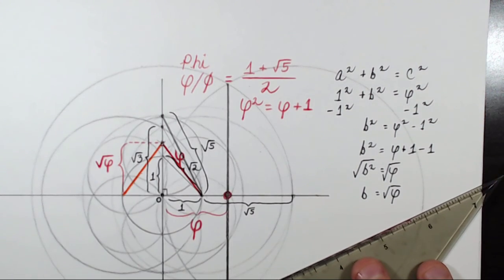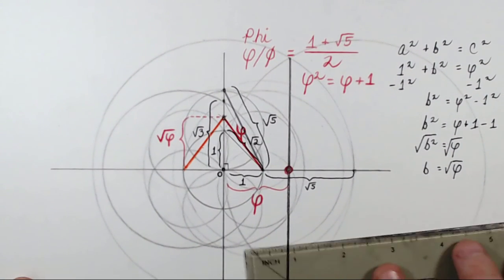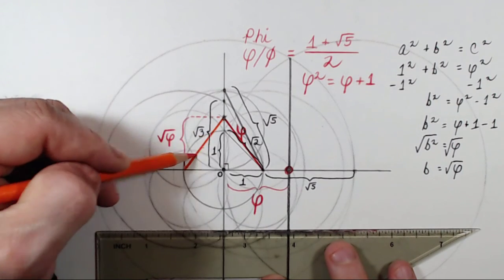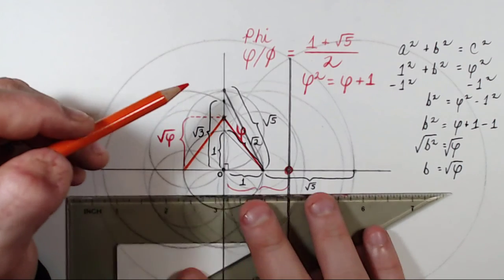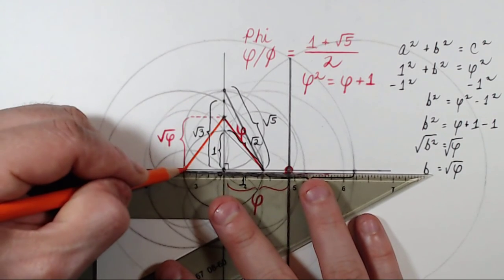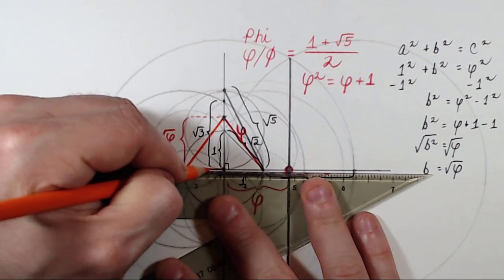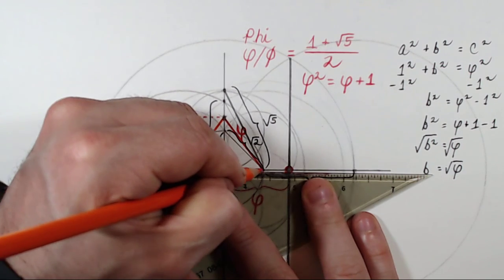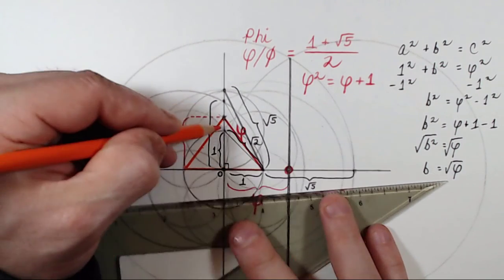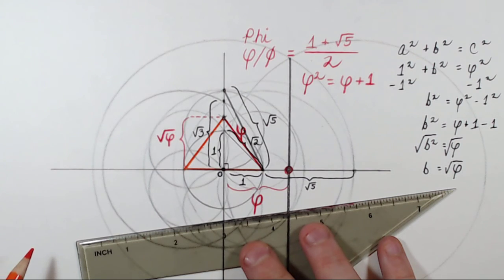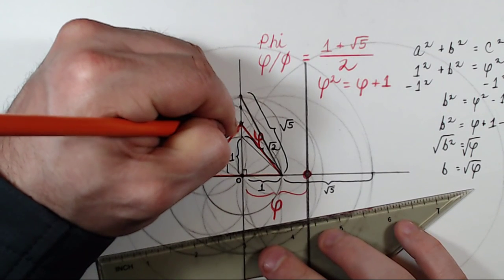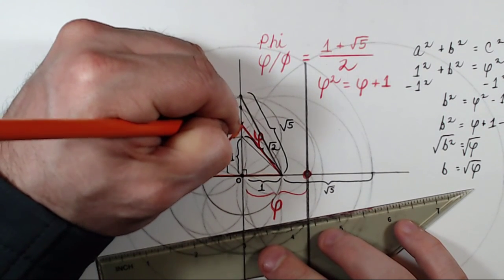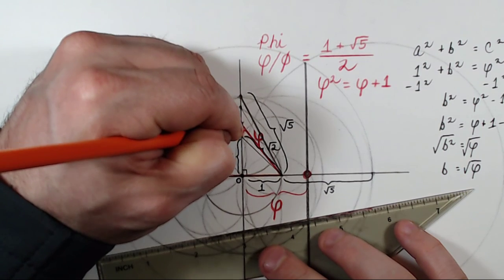And now I have an isosceles triangle where both of the hypotenuses of the sides are equal to phi, and both of the bases of these right triangles are equal to 1. So this whole base is 2. The height is the square root of phi, and the sides are both phi. So what we'll do is shade this in